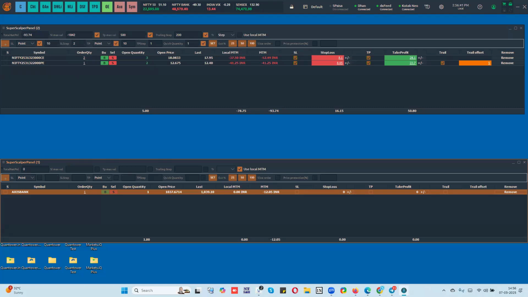So what is the benefit of slice order? I'm not sure whether you're aware, in NSE you cannot place an order beyond a certain quantity. For example, in the case of Nifty, the freeze quantity, or the maximum quantity that you can send under one order, is 24 lots. Now, what will happen if you place an order for 25 lots? It will get rejected immediately. But if you use the slice order, the system will automatically slice the order above the freeze quantity into two orders. So if you have placed an order for 25, it will send 24 lots in one order and one lot in another order, so that it doesn't get rejected.